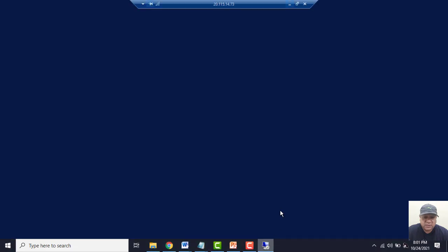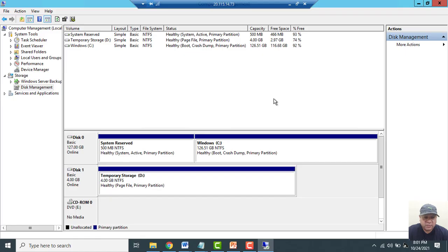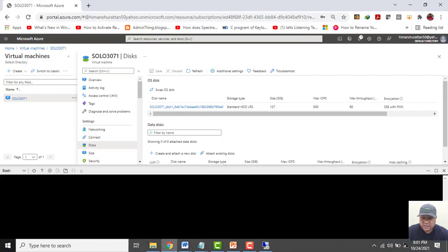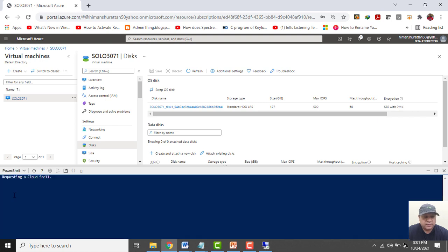Since we have deleted that disk, we do not have any other disk other than these two hard disk drives. See, we have PowerShell and Bash over here. So we will go with the PowerShell script.